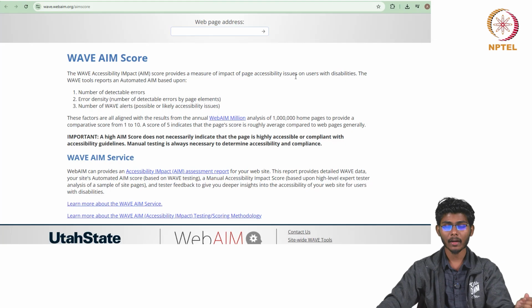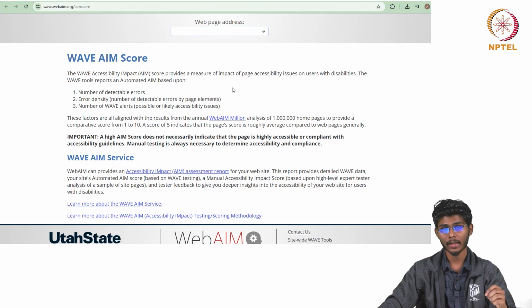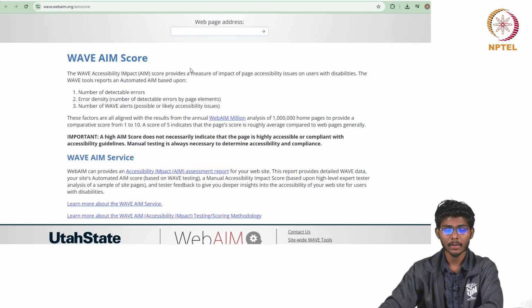It is a measure of the impact of page accessibility issues on users with disabilities. It has a number of detectable errors in the interface, and the error density, which is the number of detectable errors per page element, and how many alerts the interface has, like possible accessibility issues or further accessibility issues that can be solved.